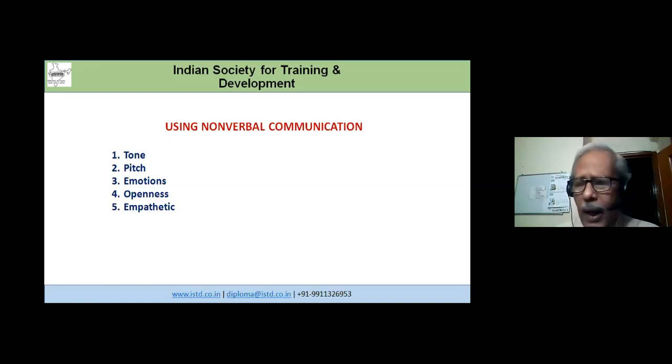And there should be openness in your talk, inviting, being forward, in the sense of asking them to ask questions, to express their opinion, to say anything that they want to tell you, rather than avoiding the questions. Sometimes people start avoiding the questions because they lack confidence. That is also going to be very bad. It should be open. It should be clearly inviting to the trainees.